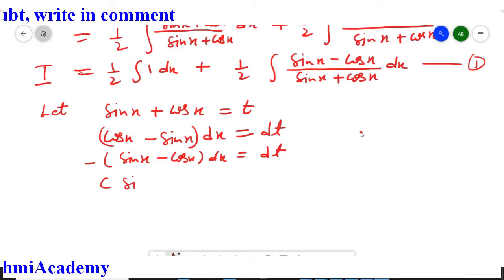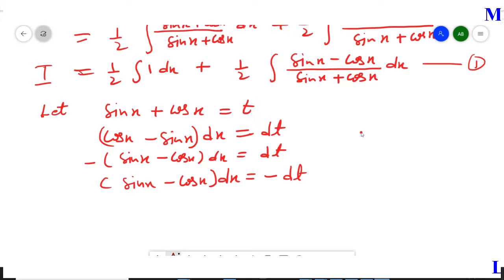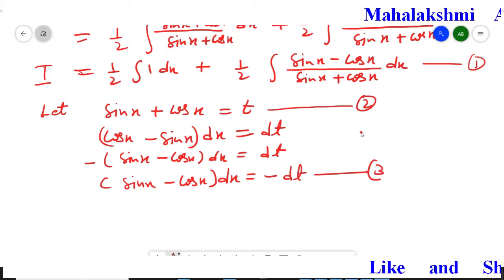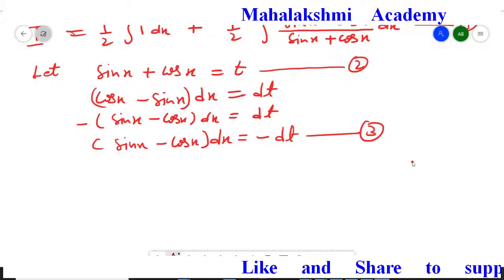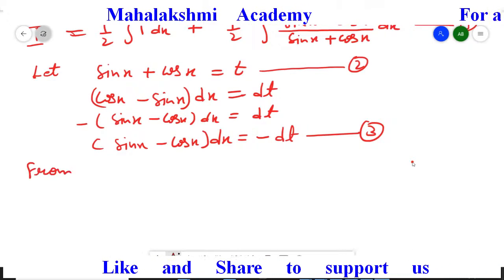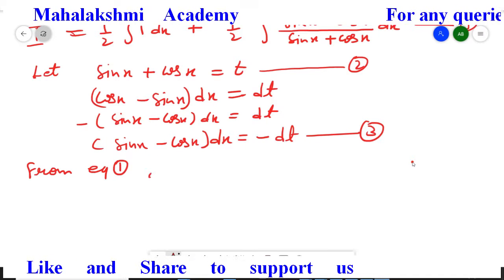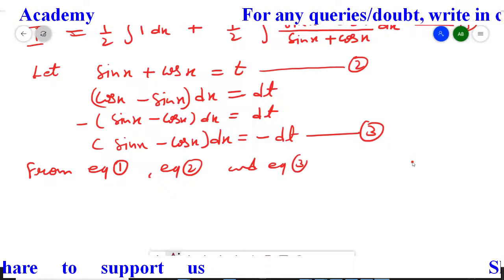So that will give you sin x minus cos x dx is equal to minus dt. So this is our equation first, this is going to be second, and this one is going to be third. Now from equation first, second and third,